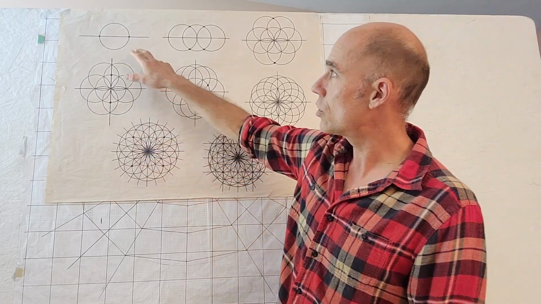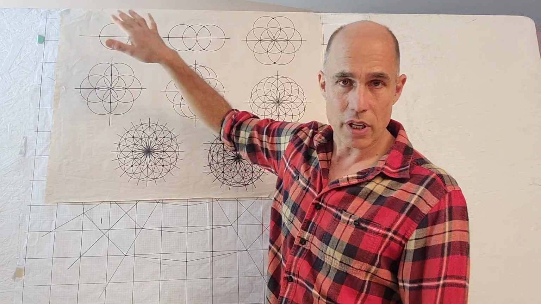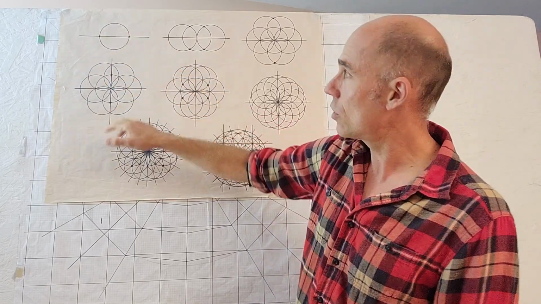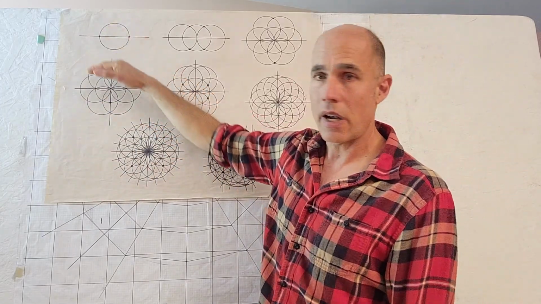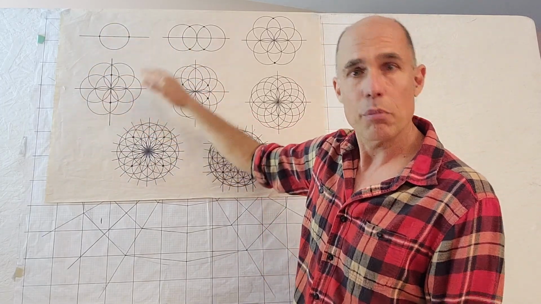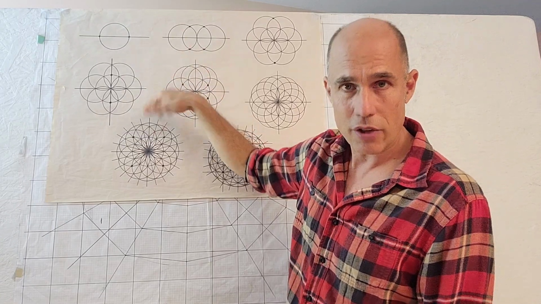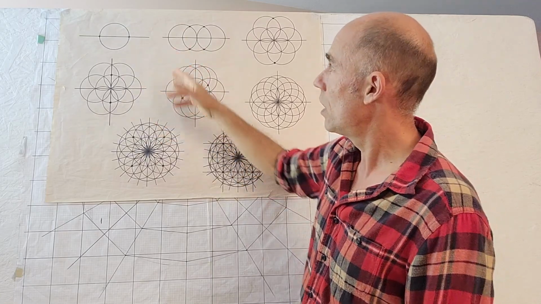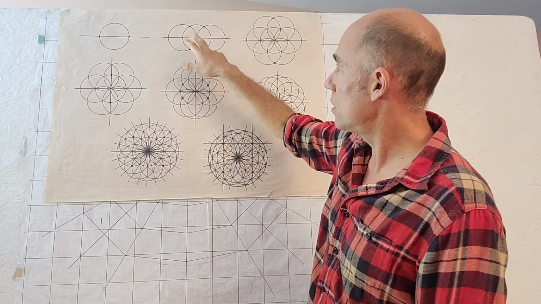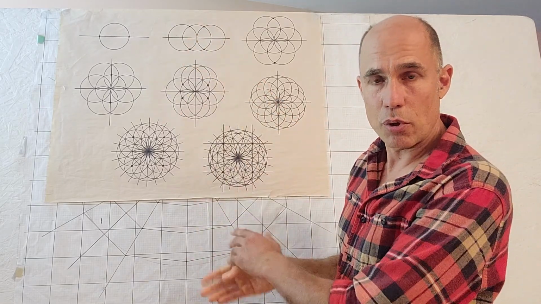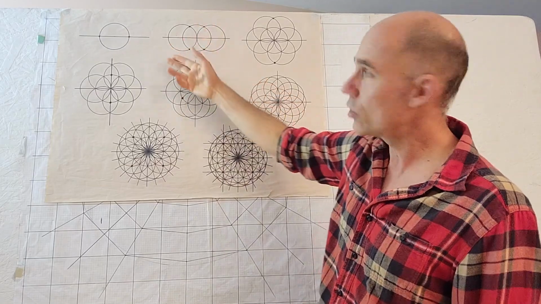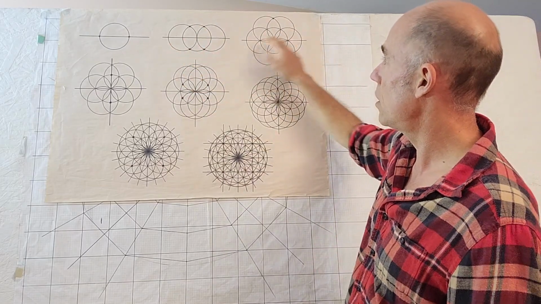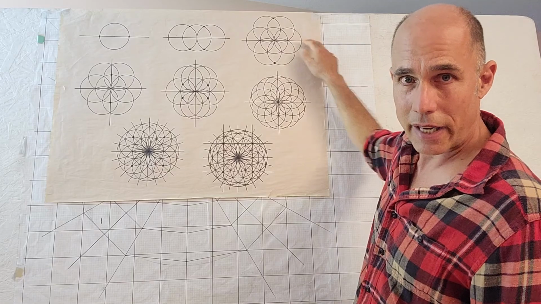So we could either start with a line and then put our compass on that line and draw a circle, generating 2 points, or we could start simply by drawing a circle, putting our compass on the edge and drawing another circle that would generate 2 points. But either way, we're going to continue putting our compass on the points where the circles are crossing each other or intersecting, and then drawing more circles until we get to this pattern here, where we can draw our x-axis,